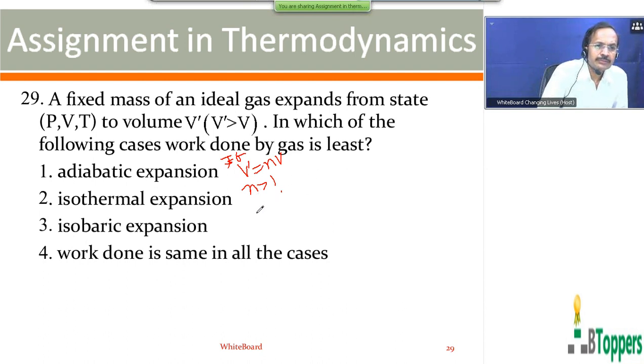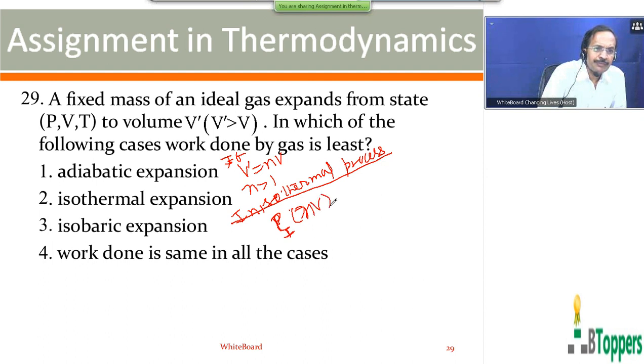The initial state is the same here in all the cases. So in the isothermal process, let P_i denote the pressure in the isothermal expansion, the final stage. Product of pressure and volume is constant. So the product of final pressure of the gas in the isothermal process, denoted by P_i, into final volume, that is nV, equals the product of initial pressure and initial volume. So final pressure in the isothermal process will be P by n.